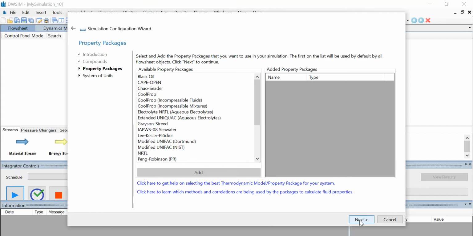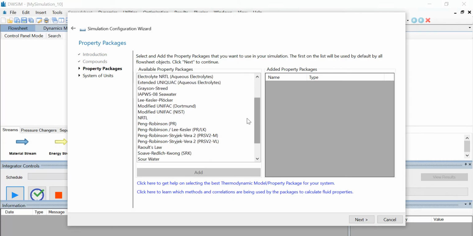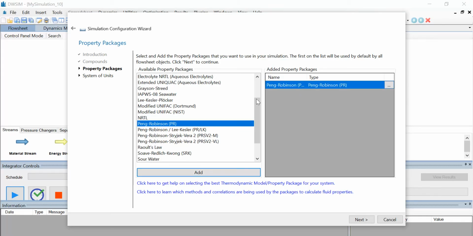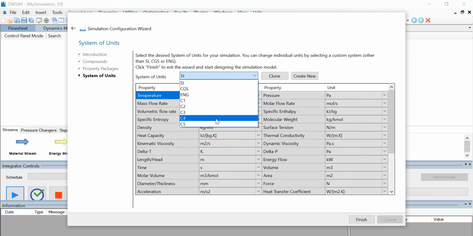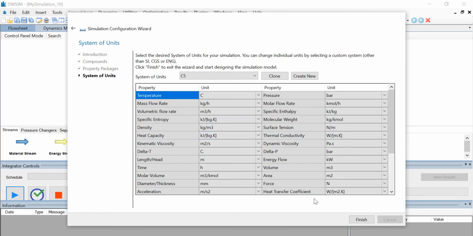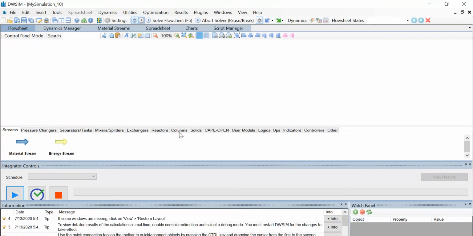Now click on Next, and from the available property packages, scroll down and select the Peng-Robinson. Click on Add, and once the property package is added, click on Next and select the system of units to C5. Click on Finish.